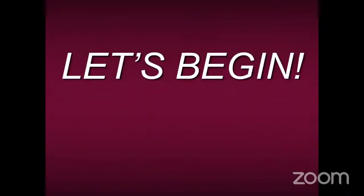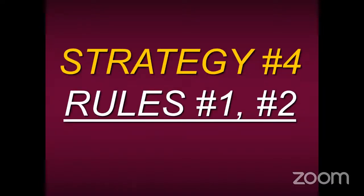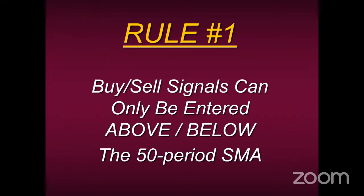Okay, so let's begin. We're going to be talking about strategy number 4, and I'm going to be giving you the first 2 rules of the strategy. That makes up 50% of the rules, okay? So you'll be able to apply this to any method you'd like. And if you become a student of mine in the strategy number 4 course, you'll already know these first 2 rules. Firstly, rule number 1,